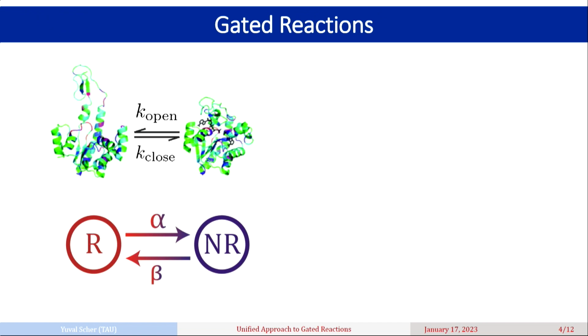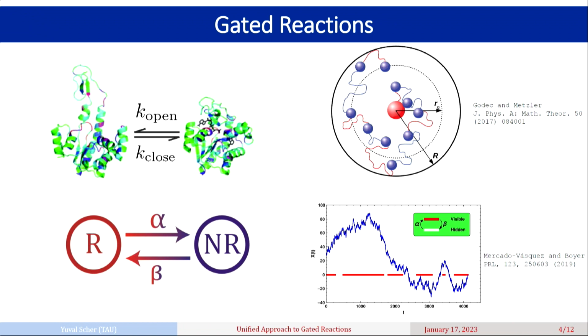It can be any first passage process and any set of constraints. We call this the set of constraints. If they are fulfilled, we are in the reactive state. If they are not fulfilled, we are in the non-reactive state. And just a historical comment: the theory of gated reactions, in the macroscopic case at least, has been studied since the